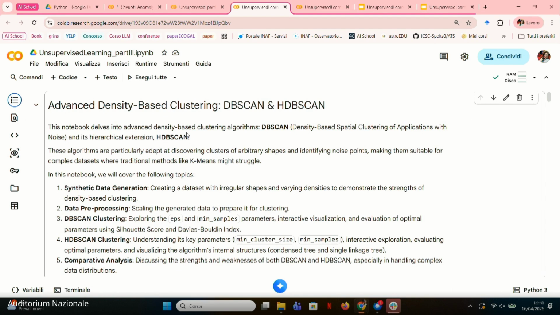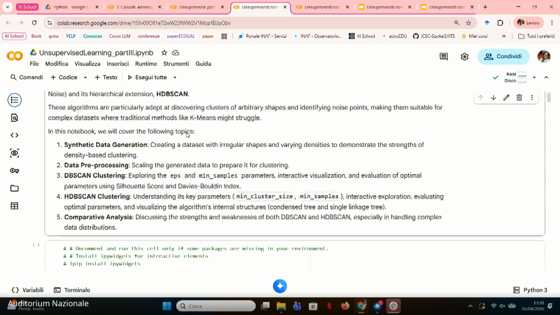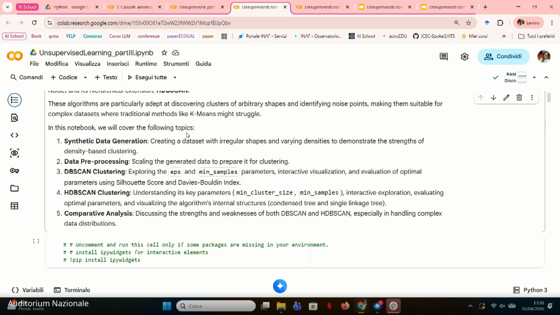another notebook in which I prepared some examples. I generate the data set on which we have to work, but it is the same as at the end of the other notebook: the moon shape and the clusters on the bottom left of the graphs. Then we have to preprocess this data set, and then we have to understand how DBSCAN and HDBSCAN work on this data set. And then we can also compare the results